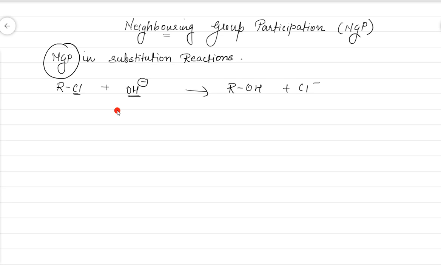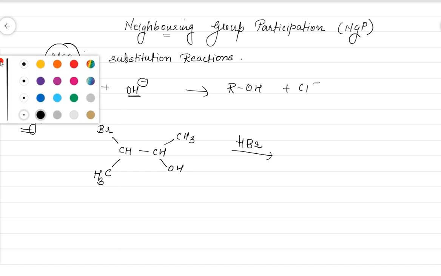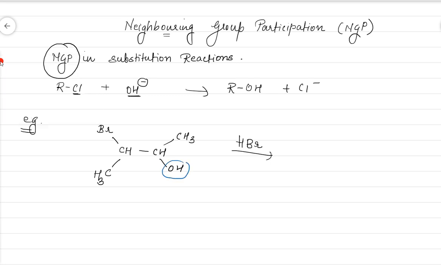Okay, so I'll just show you with an example. Let's take an example and that will be much better. For example, this is like a reactant, OH, Br and CH3. Let's understand the reaction first and then we will see what is NG. We are going to substitute this with a nucleophile. What we are going to substitute over here is OH. We are going to substitute OH by Br. This is our nucleophilic substitution reaction.